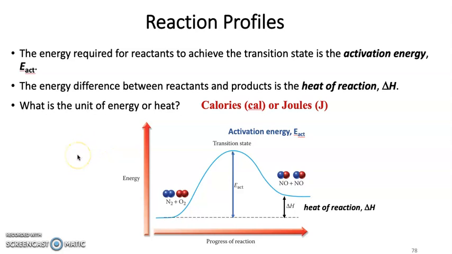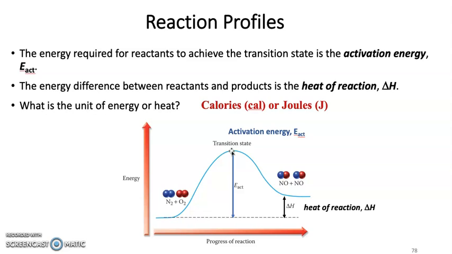Then energy usually you can see through an energy profile. Here is an example of an energy profile. The y-axis represents the energy and the x-axis represents the progress of a chemical reaction. The energy required for the reactant to achieve the transition state is called the activation energy, which is the higher energy